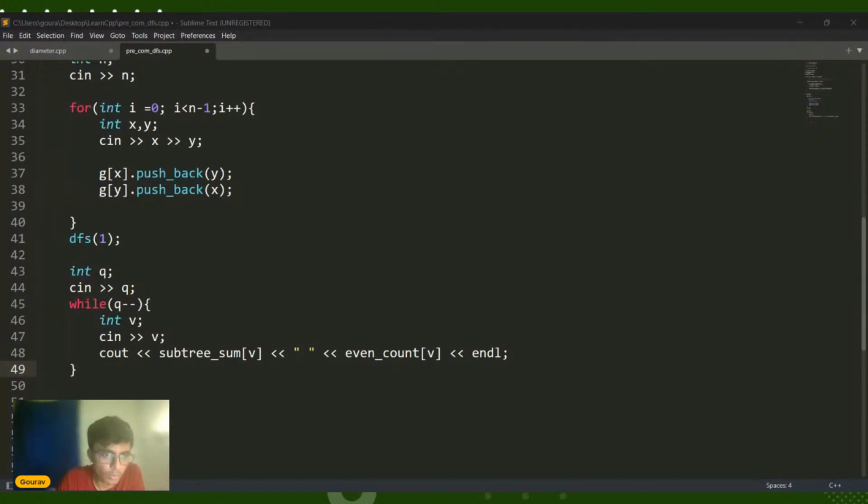Okay, so when you are returning back from the DFS calls, that will basically keep on accumulating the sum, and the root node will basically contain the value which is the total number of vertices in the tree. So every time you get a vertex v, you can just write subtree sum of v, and that will give you the answer in constant time. So this is the optimization that we can do, that will help us solve this question.